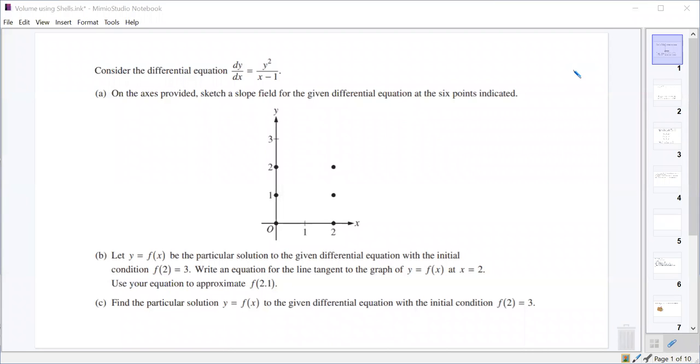All right, so for this first one, the first thing it asked us to do was to sketch the slope field. This was the first one, page 3, right? Yeah, does that look right to everybody? Okay, cool. So it said just sketch the slope field for the differential equation at the 6 points that are